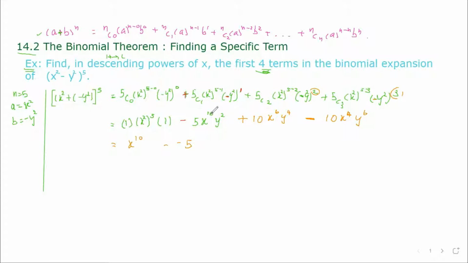So can I correct here? This one should be 8. Okay. Maybe I erase a little bit here. So this one become 4. 4 times 2 become power 8 here. So we have